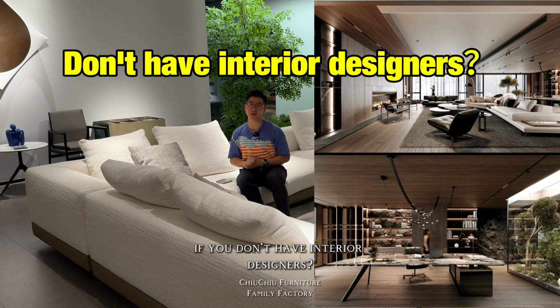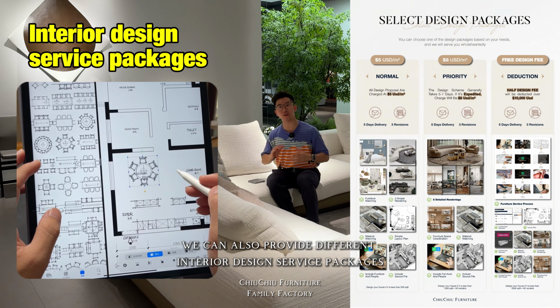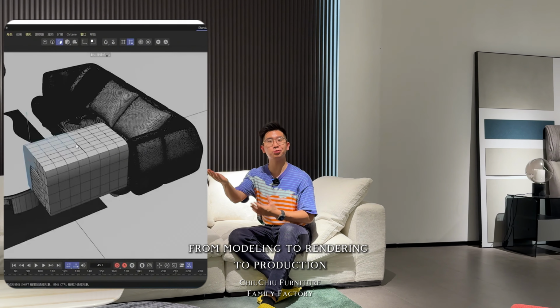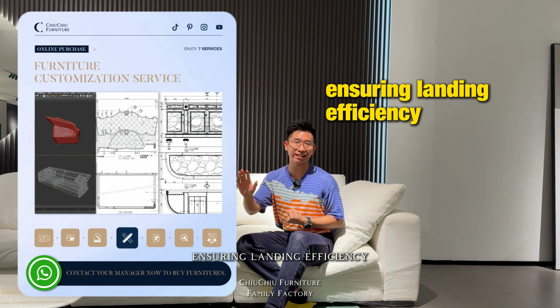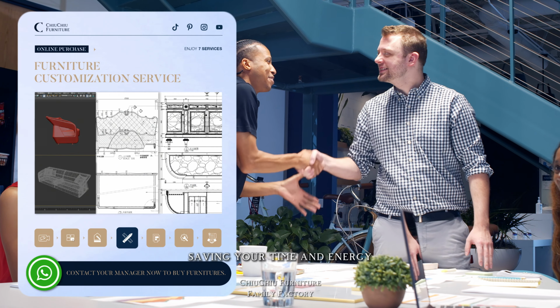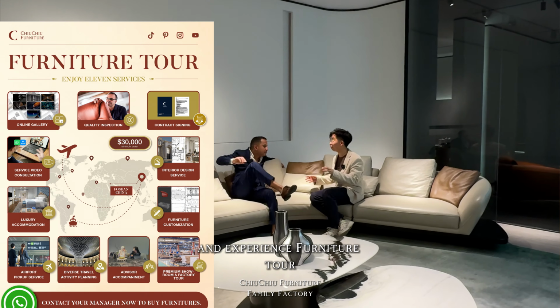If you don't have interior designers, don't worry. We can also provide different interior design service packages. From modeling to rendering to production, what you see is what you get, ensuring landing efficiency, saving your time and energy. Of course, if you are free, you are welcome to go to our Foshan family factories and experience the furniture